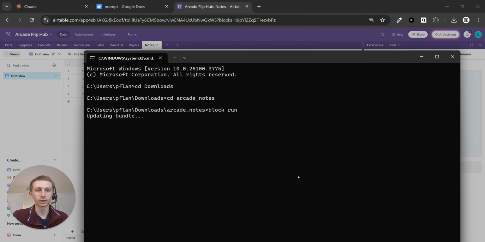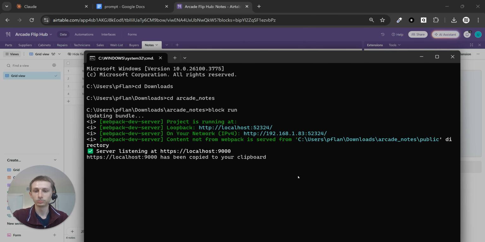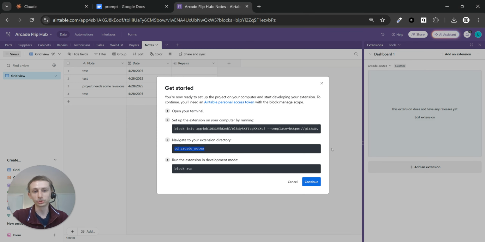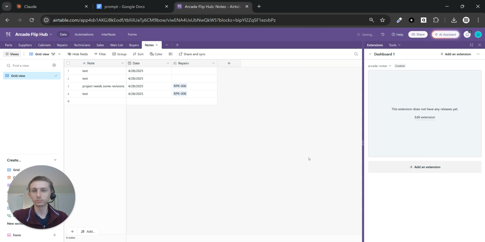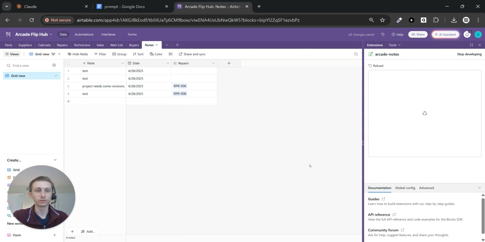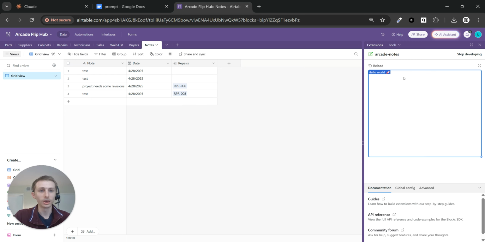And I think it'll take just a second. Good. And you'll see it says this has been copied to your clipboard, localhost 9000. And of course, that was the screen we got on earlier. So now we're going to go here, localhost 9000. Give that just a second. You'll see it's going to say not secure because we're developing on our local machine. And then you'll see this hello world